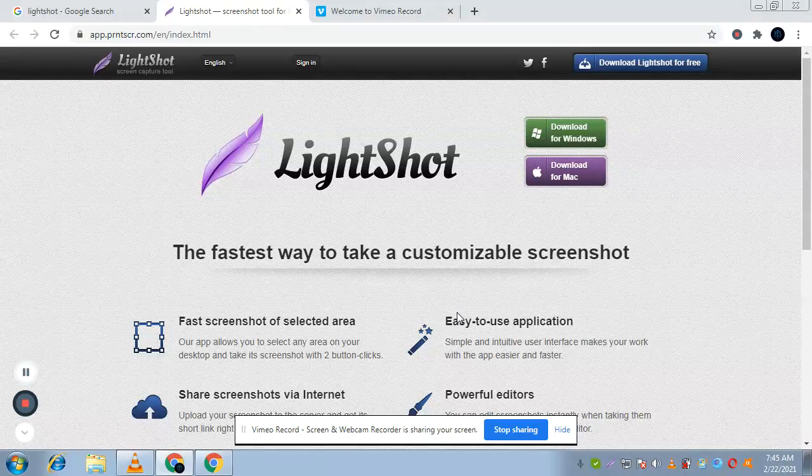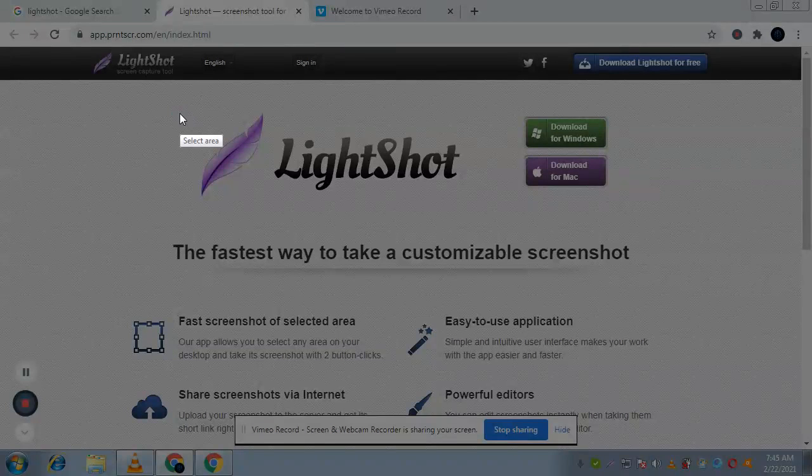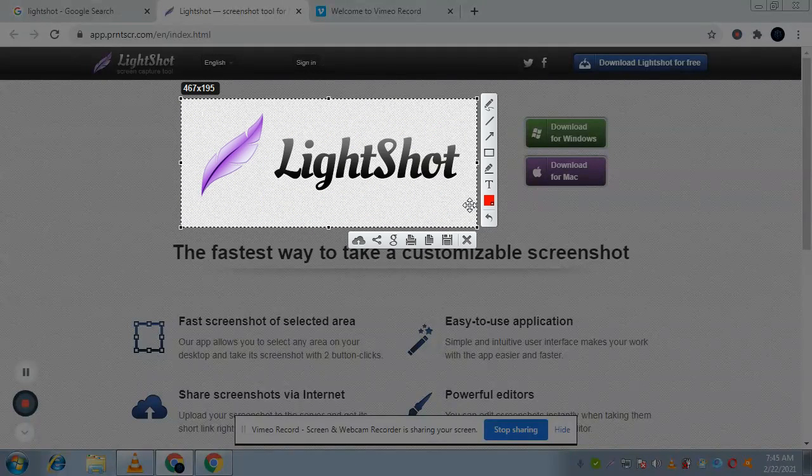After downloading, you simply click on Print Screen for taking a screenshot. As now I am clicking on it, select the area which you want to take the screenshot of. Like I am taking this one, and there are some options of editing in the screenshot, like a pen for writing something,